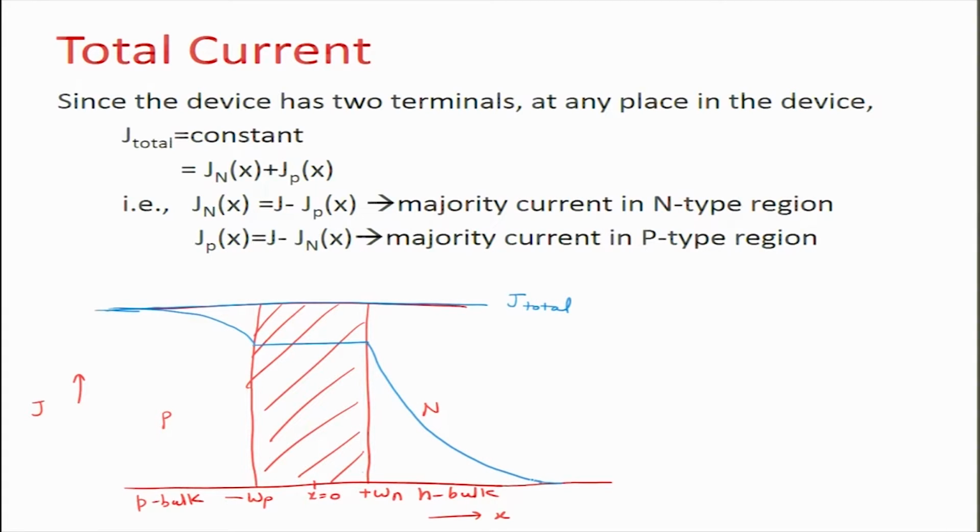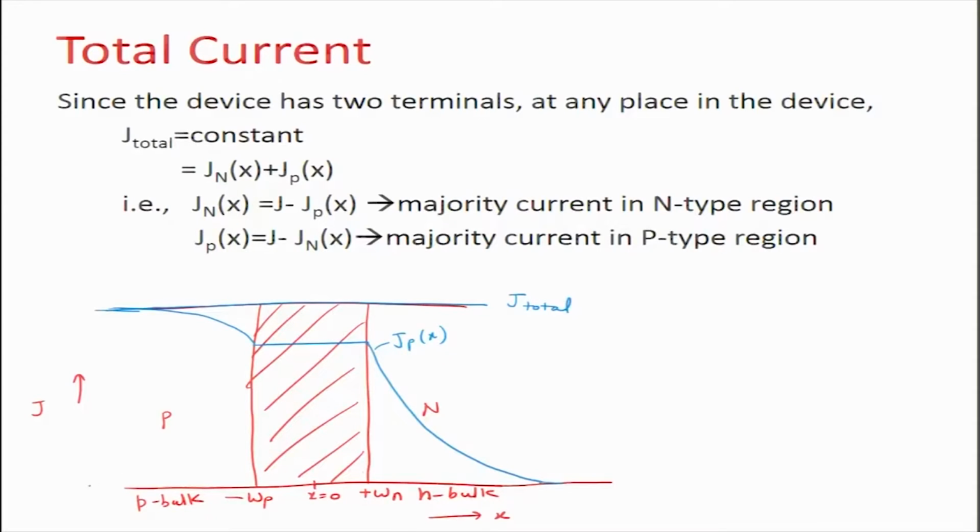So, which current is this going to be? This is going to be the hole current, Jp(x), because the holes become minority carriers on the N side. When they come to this side they are large in number, but as they travel in the N region the number reduces because of recombination with the electrons available there. Similarly, if you plot for electrons, the electrons will show a variation like this.